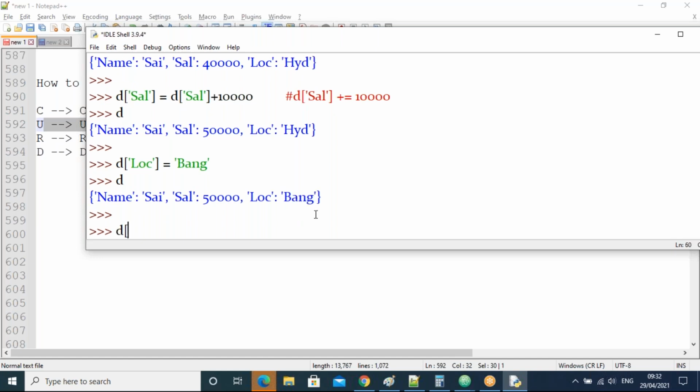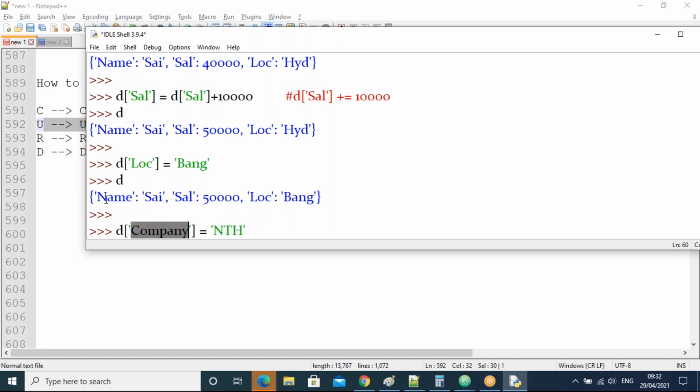Next one, I'll take d of company, and I'll take NTH here. What I want now is to update the company value with NTH, guys. Now again compare the keys.